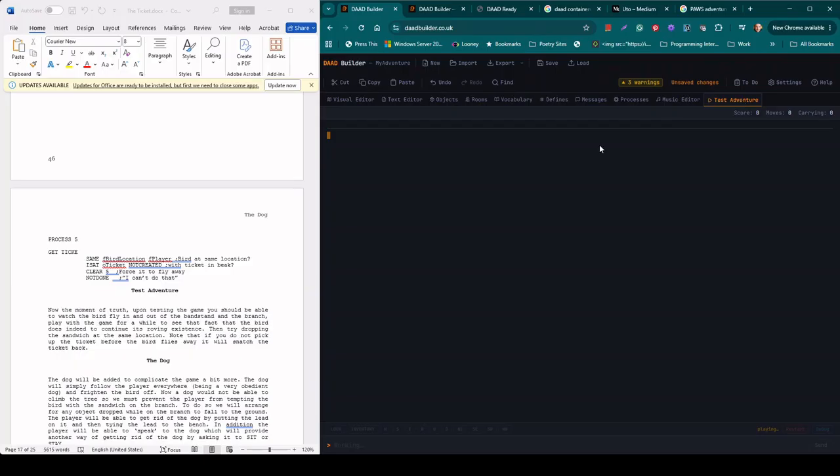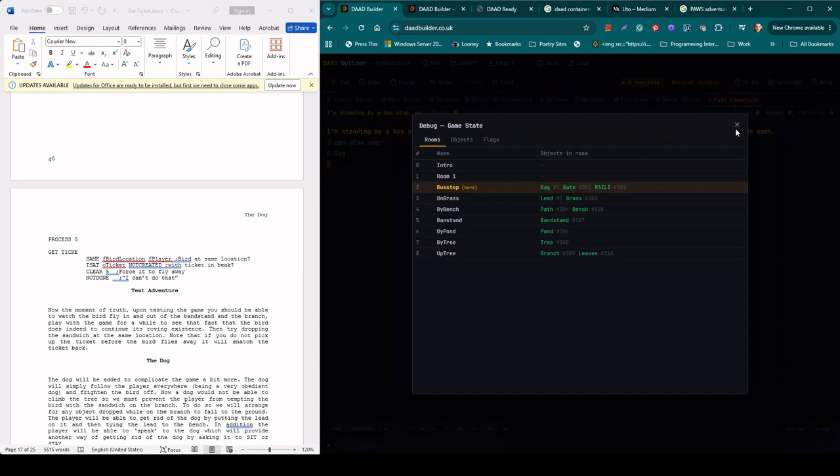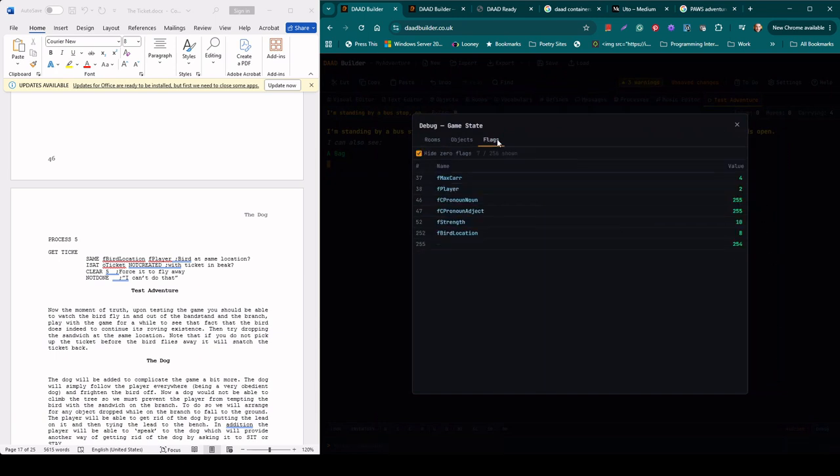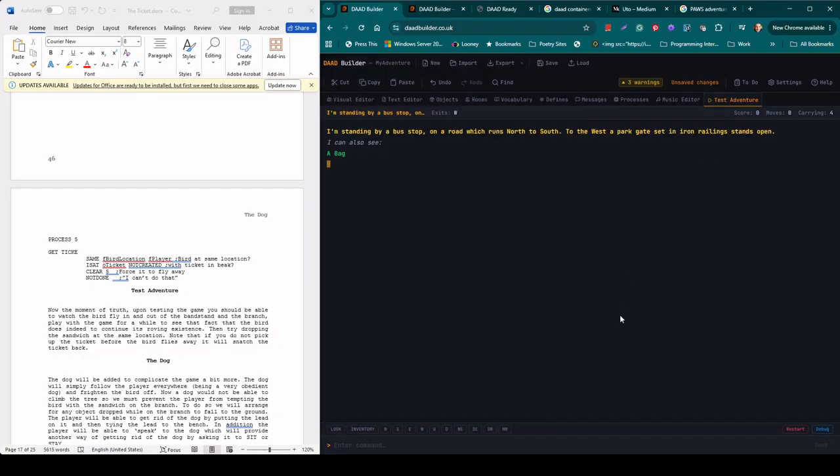So to test the adventure, we start off, we know the bird at the first place is going to be on the branch. We should be able to check that if we go to debug. Bird's location is at number 8, so we know the bird is on the tree branch. Next place it's going to go to the bandstand. So if we head west and then north, the bird has flown to the bandstand. Bird is there, it's got the ticket in its beak. So if we drop the sandwich,